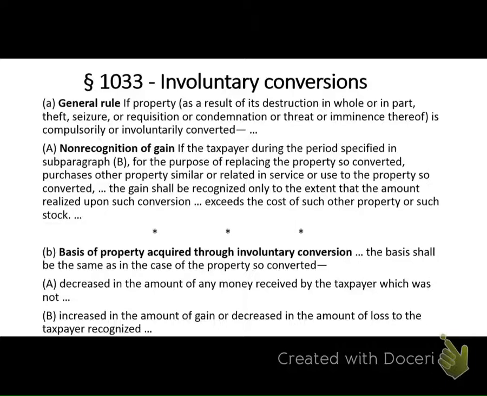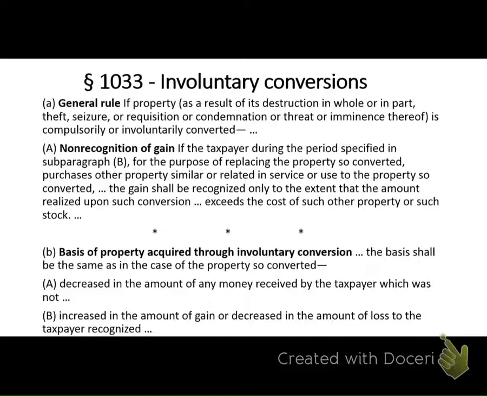All right, so he had received $600,000 from the involuntary conversion. And the reinvestment, the cost of the new property, was only $560,000, right? So how much does he recognize? He recognizes the gain realized to the extent that the amount that he received from the property converted exceeds the cost of the new property. So he received $600,000, and the cost of his new property is $560,000. So he's going to recognize that difference, that $40,000, to the extent that he can.